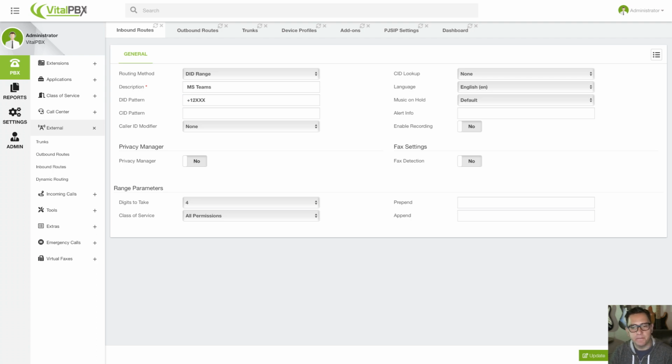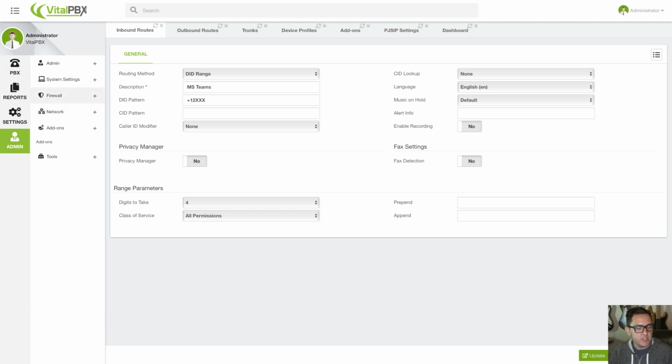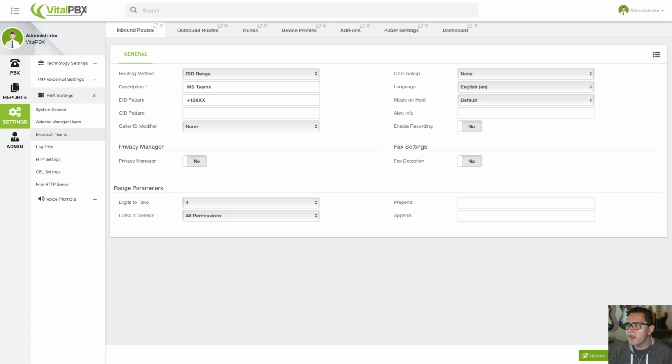These are the tricks that we have for us to be able to route calls to and from Microsoft Teams. But finally, there's one additional configuration which comes with the Microsoft Teams connection add-on, and we will see how this correlates with licensing. So if we go to settings and then PBX settings, we can go to the Microsoft Teams